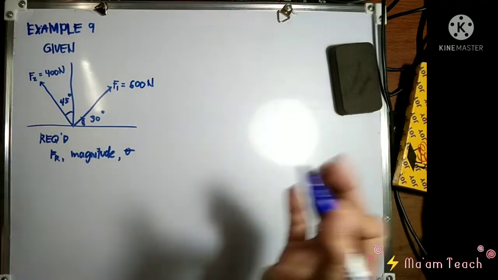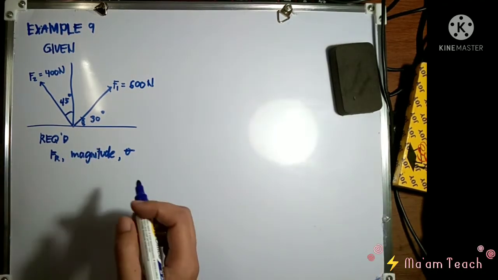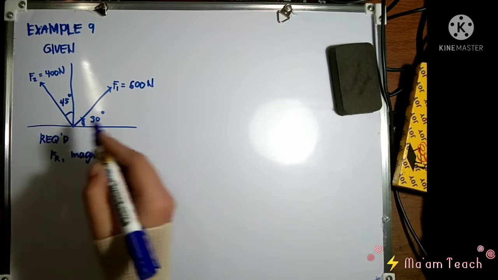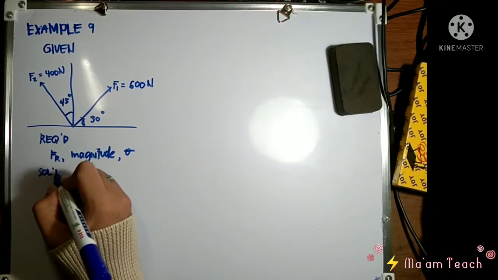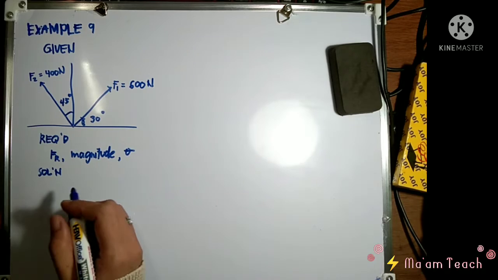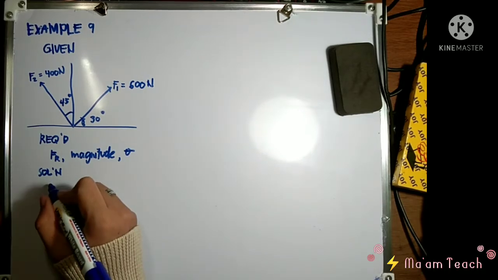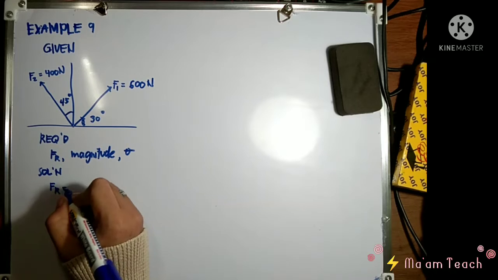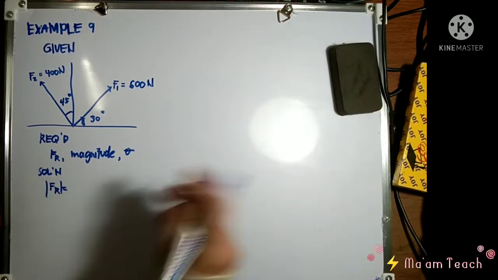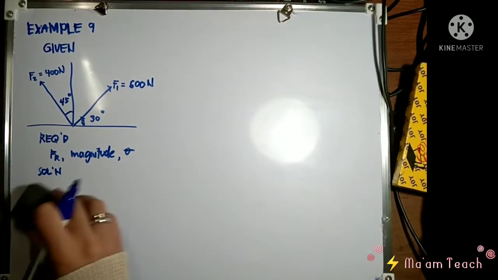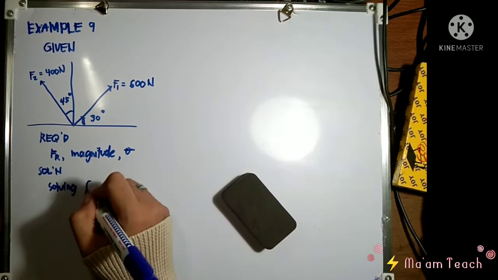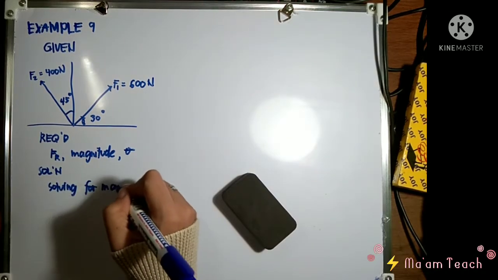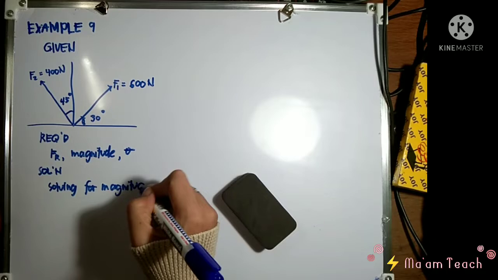So we could use any method in order to determine the F sub R. So in this case, we'll have to get the F sub R, the magnitude, solving for magnitude, we have to